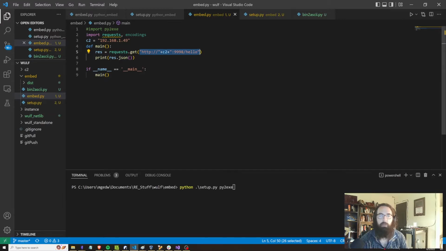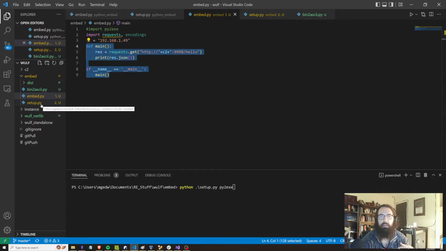So basically what we're going to do is turn this into an executable, and then embed that executable within the malware that we've already written, which is wicked cool because it allows you to write all of your malware in a much simpler language and then just wrap that in an executable so it can be run pretty much on any Windows system. So there's really not much of a point in walking through this file in particular. Literally all it does is send one request to that API interface, but I will explain the other